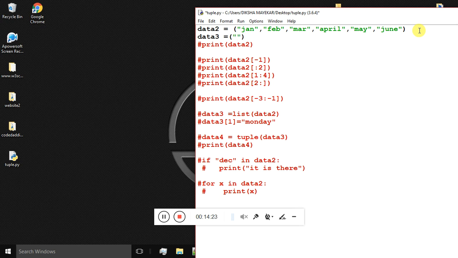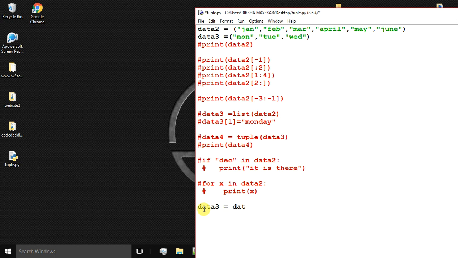And over here I will say Monday, Tuesday, Wednesday. Okay, so after passing these values, what I'll do is I will try to add these two tuples into the third one. So what I will say is I will say data 3 is equal to,